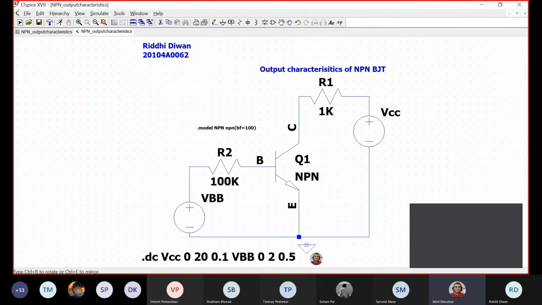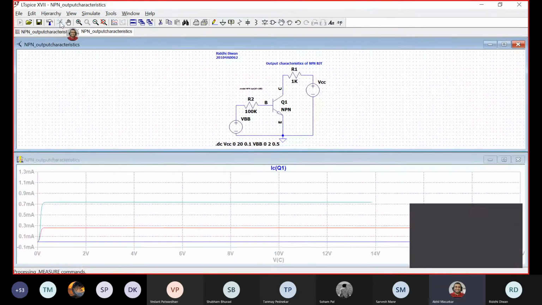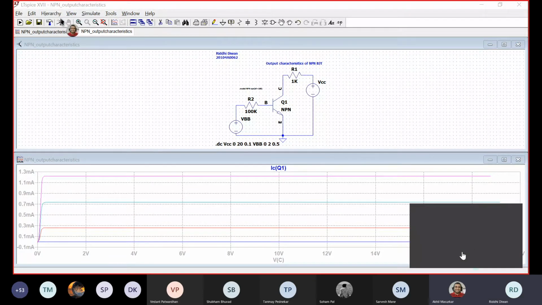Ground is not proper. One minute. Are you getting it, Vidhi? Yes, sir. So your ground was not proper.